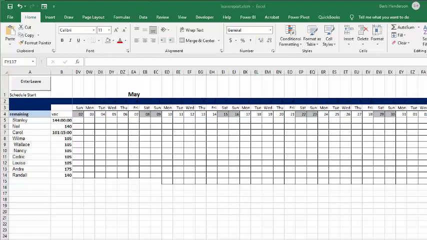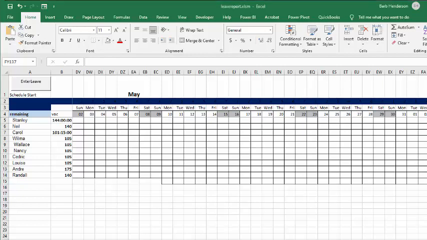I was working with a gentleman the other day, and he was interested in getting his banked holidays automatically added to his leave tracker without having to scroll all the way through and blank out the days that were off, or for that matter, going and changing the coding every time there was a new day off. So what I've done is